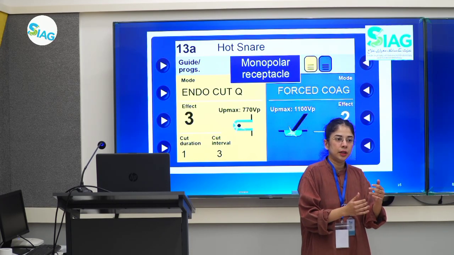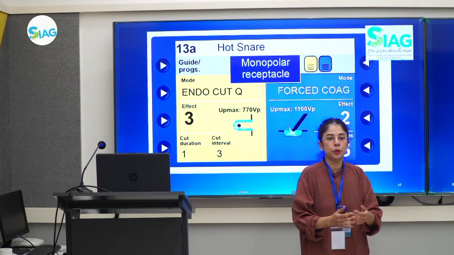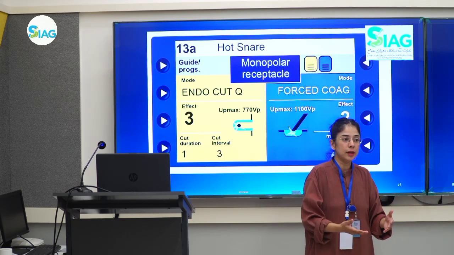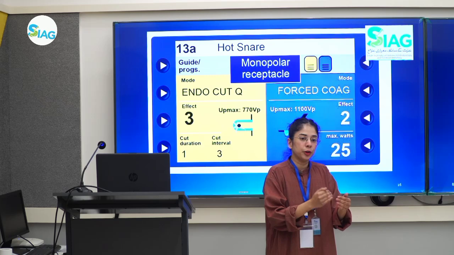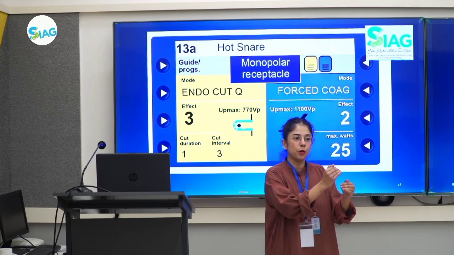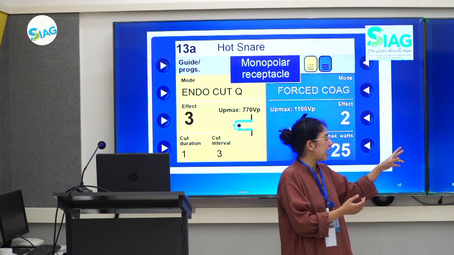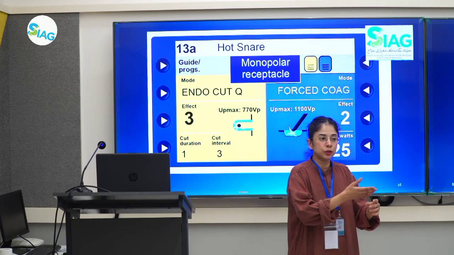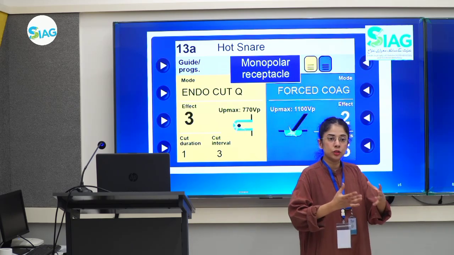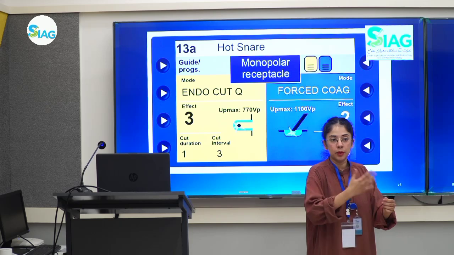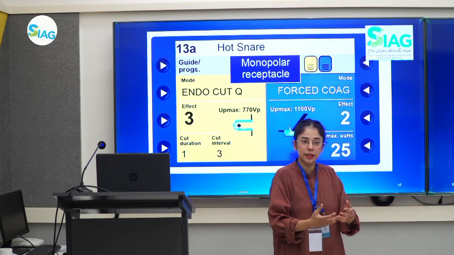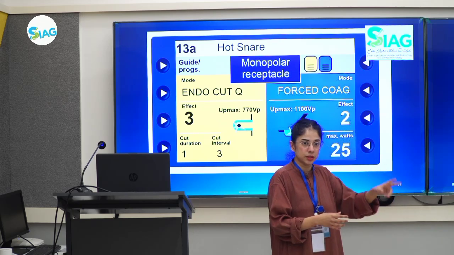As a trainee or as a beginner, some people might be more experienced and they might have preference for pure cut. But I think as a beginner, people prefer to have a blended cut because you have intermittent coagulation. Your sphincter tone stays steady, and the voltage actually determines how steady your sphincter tone will be. Otherwise, if the voltage is too high, you're springing up without actually being able to control it because the speed matters, and voltage determines the speed of the cut.